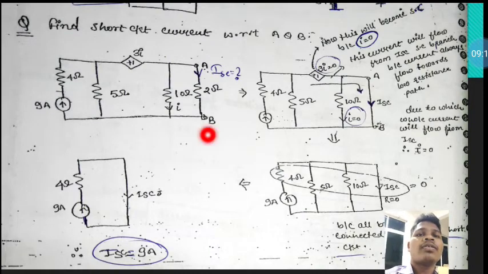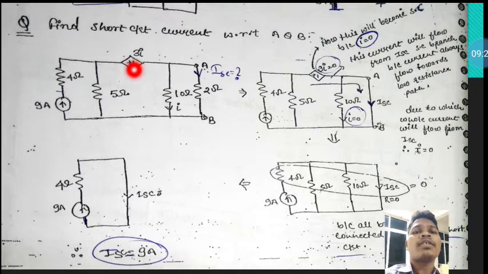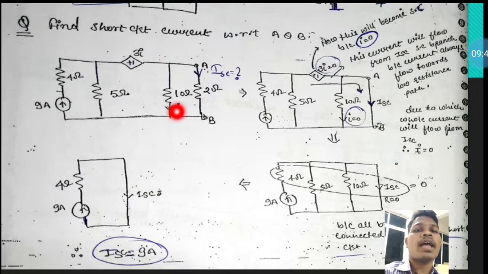So this is another question here. Dependent current sources and dependent voltage sources are there, and there is a current source. It is asking about finding the short circuit current with respect to AB. So here is the AB point, this is the A point, this is the B point. So we need to calculate the short circuit current here. First see, there is a dependent voltage source. It is dependent on which element, which source? This current source I.